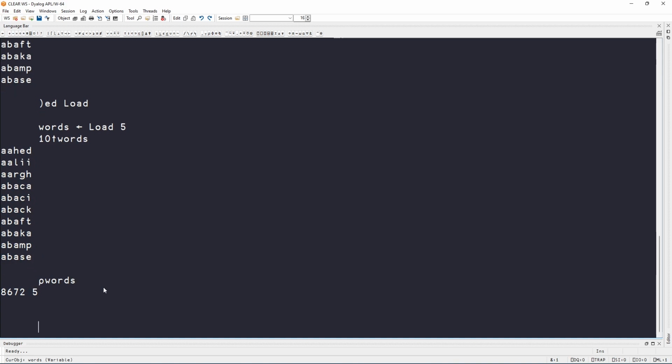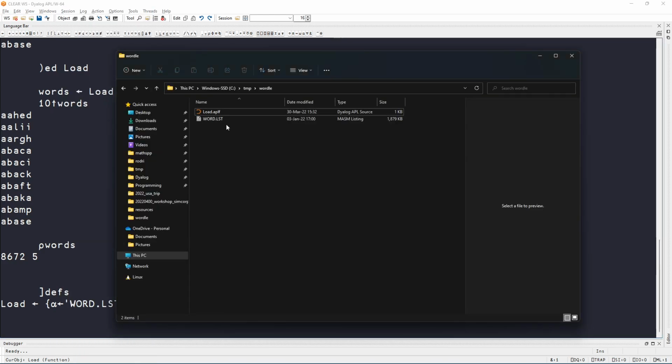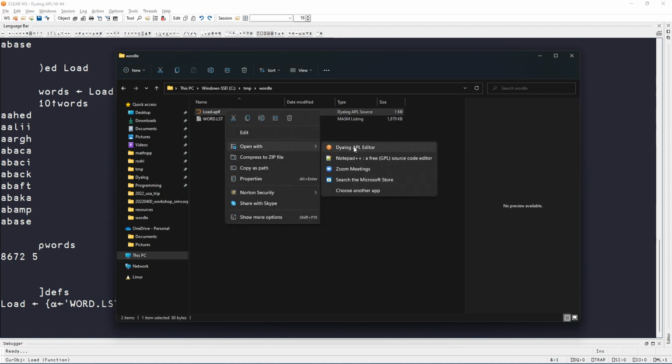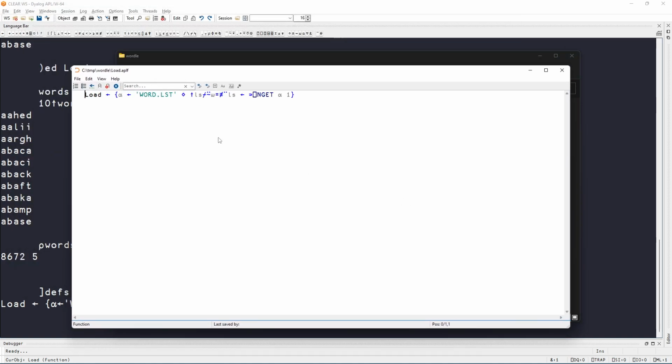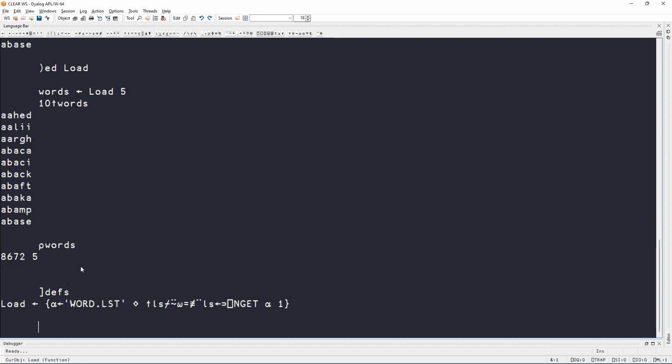So this is how you can load your data, and now we can use the user command defs to check the definition of the function load. That's right here. What is more, because we linked the workspace in the beginning with that create command, if I open this file with the dialog editor, it's very small. Okay, it's no longer that small. We can see that the code is in here. So linking the workspace really was nice. It's very convenient. Alright, so that's how you load the data,